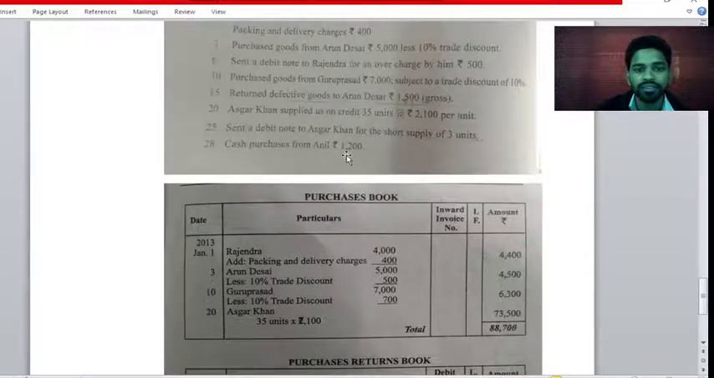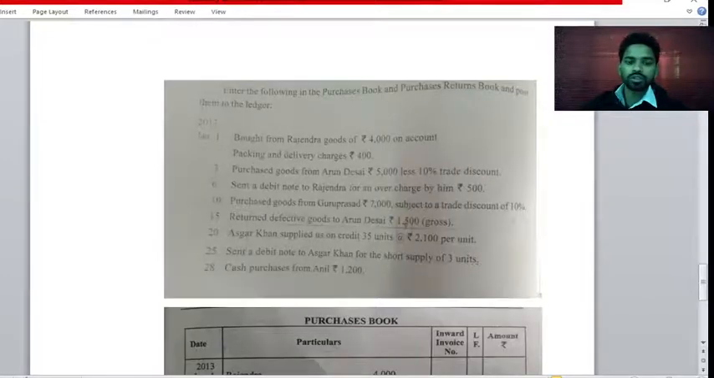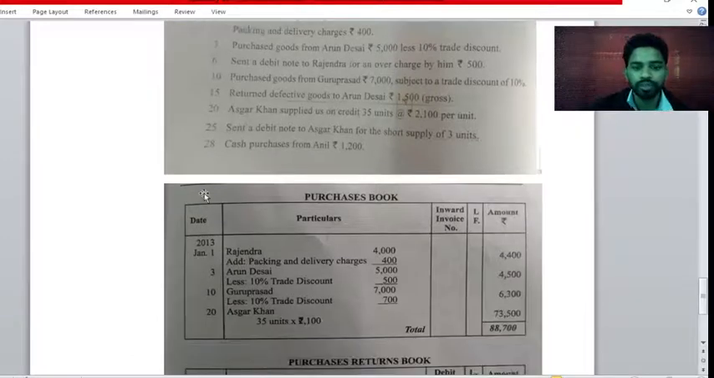Okay, so now next, on 10th January, purchased goods from Guru Prasad rupees 7,000 subject to trade discount of 10%. So it is related to the purchase book. It's a purchase transaction. So in this purchase book, 10th January, Guru Prasad rupees 7,000 and less 10% discount on this 7,000. It's 700. So total will be